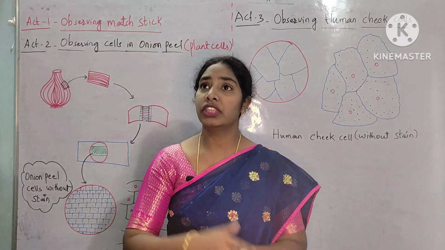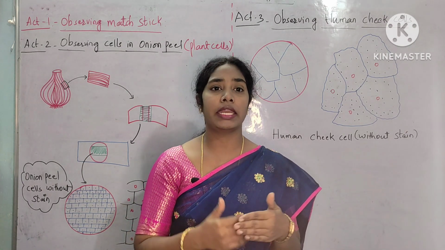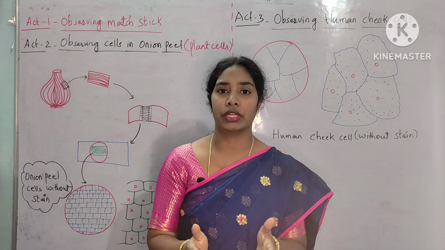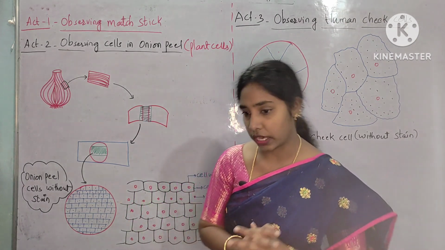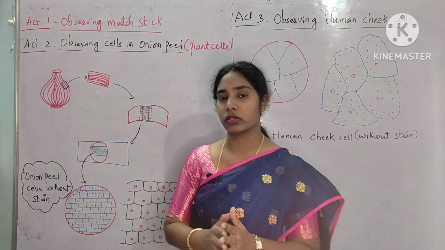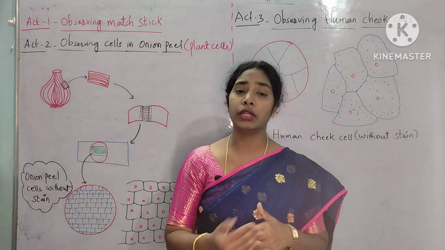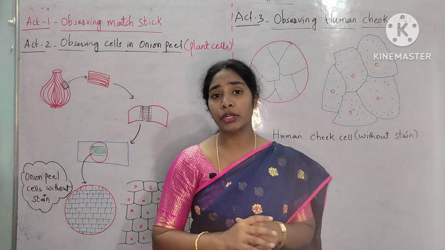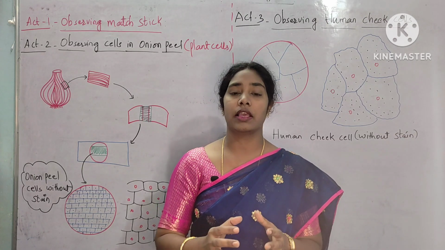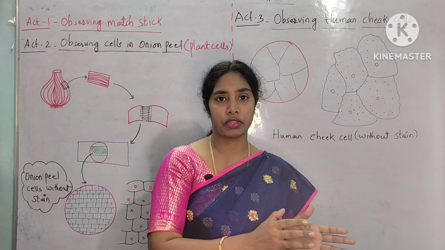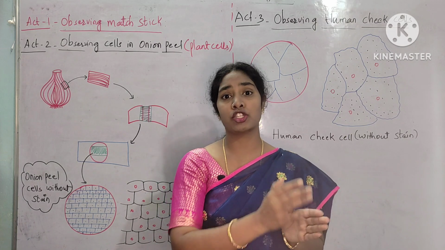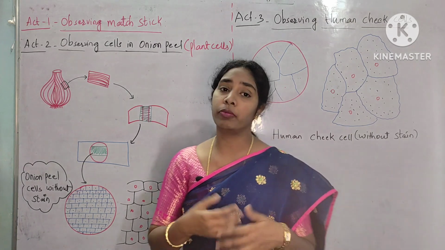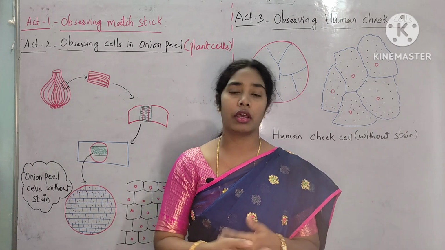When we come to science or biology, science is nothing but experiments or activities. Without any proof or evidence, we cannot come to a conclusion, right? In the case of the cell also, we must perform some activity to come to a conclusion. Robert Hooke observed the cells of the Spanish oak tree, but we cannot bring a Spanish oak tree into our classroom, right?